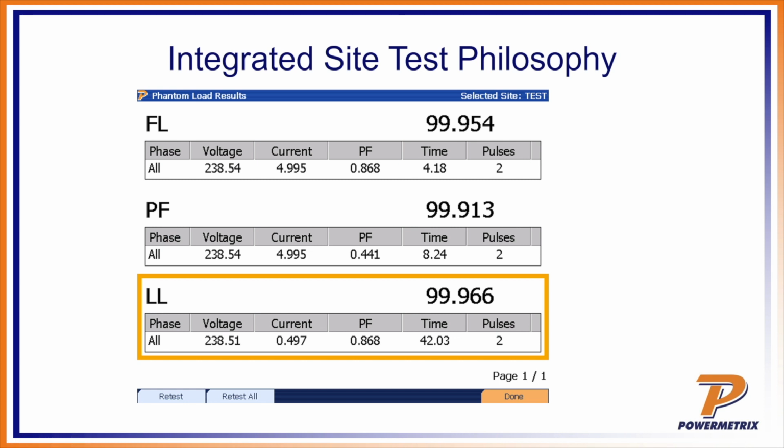We have a full voltage of 238 volts, or call it 240 for the sake of argument, but a low current. It's 10%. It's 0.497 in this case. And the power factor is back to normal at 0.896. Is the meter still measuring correctly when it has a low current? In this particular test, we got 99.9% accurate in all the different ANSI tests. And so we would say that this one is a pass.